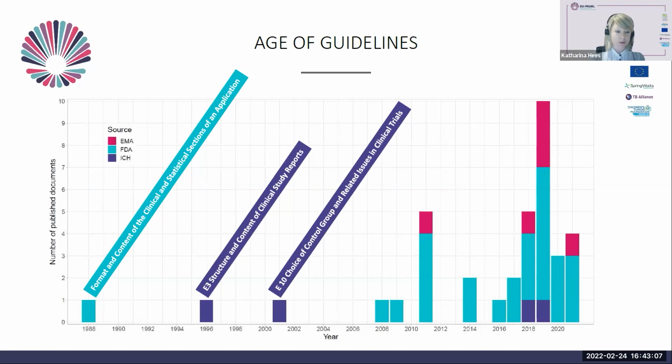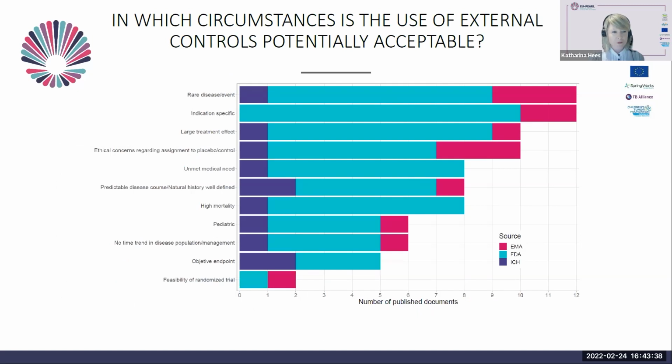There are also some guidelines which are a little bit older, I would say. They are all rather general and established guidelines. And what's maybe also important to mention is the ICH E10 guideline, a very famous guideline on the choice of control group, which I would say is maybe the most informative guideline concerning the topic of external controls.